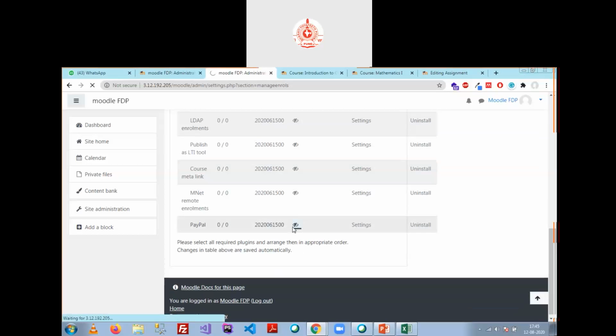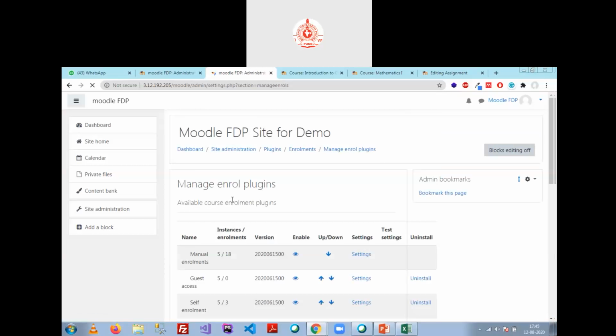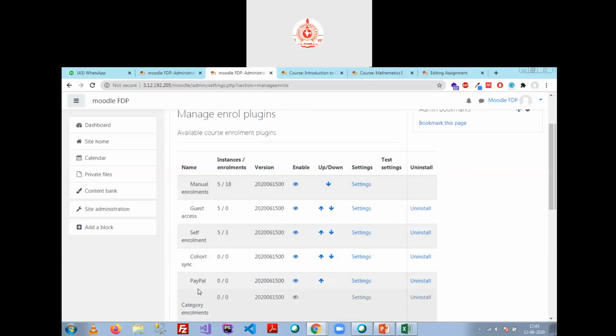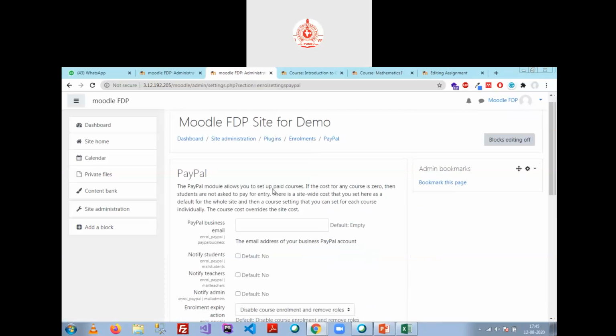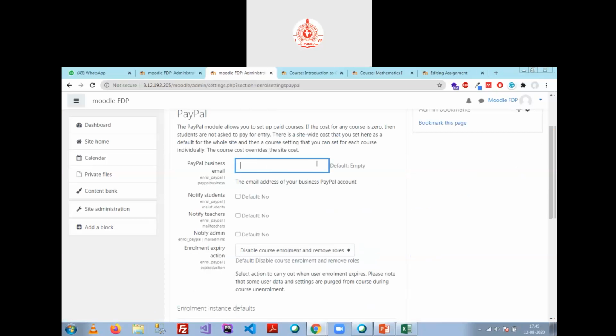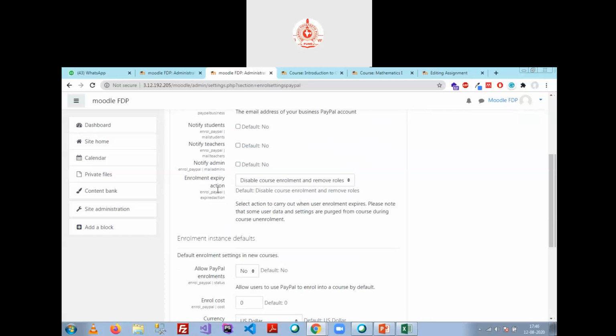Click on this I button. Through PayPal, the user is able to pay the fee using your Moodle account. In the settings, you need to fill in the PayPal business email. Then there are notifications about the transaction to the students, to the teachers, and to the admin, and the enrollment expiry action, which is the same as we discussed earlier.